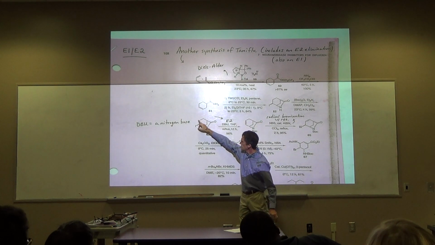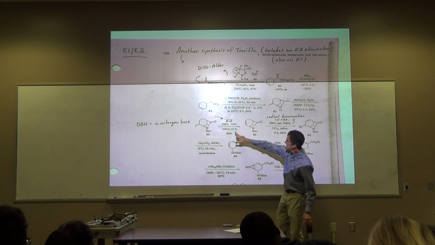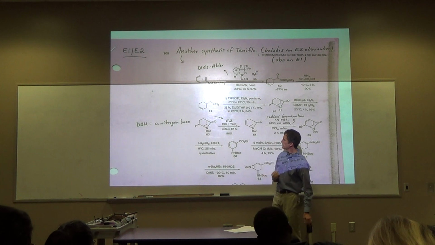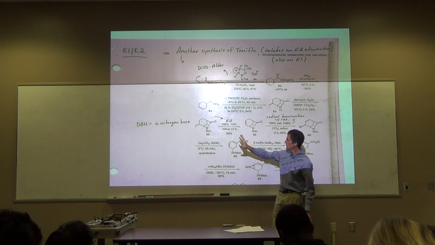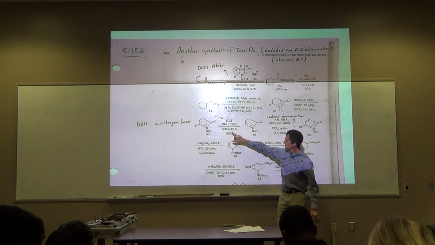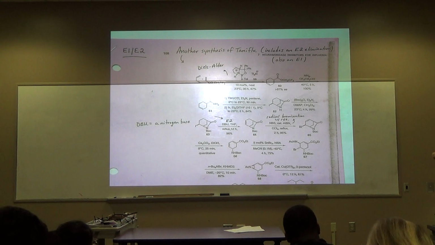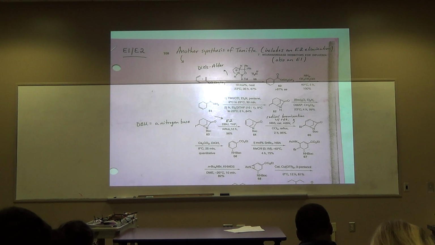There's 2 next door, so one of them will be anti-coplanar to the leaving group. DBU is a neutral nitrogen base. That's a classical, very straightforward E2 elimination. 96% yield, reflux, 12 hours, okay? Not 30 minutes. Apparently it took a little time there, even though iodine's a great leaving group. DBU is not a super strong base. It's strong enough to do